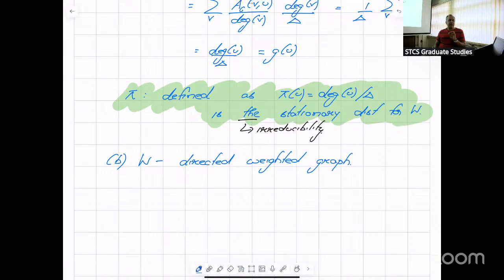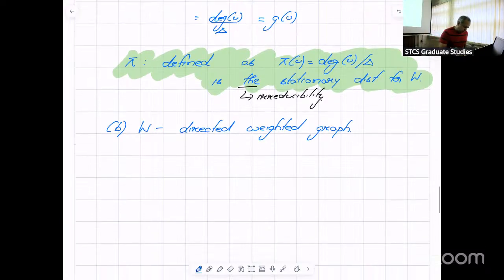Even then, you can show that there exists a stationary distribution. I don't know of an elementary proof of this. That is, there is an elementary proof, but it will take long. But there's a one-line proof of it. Look at